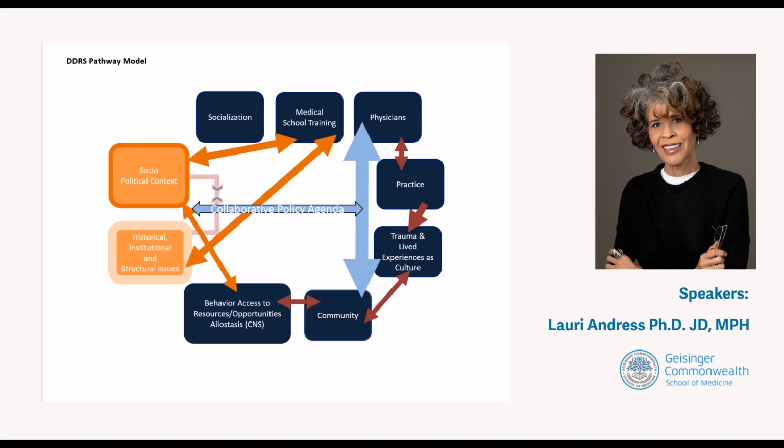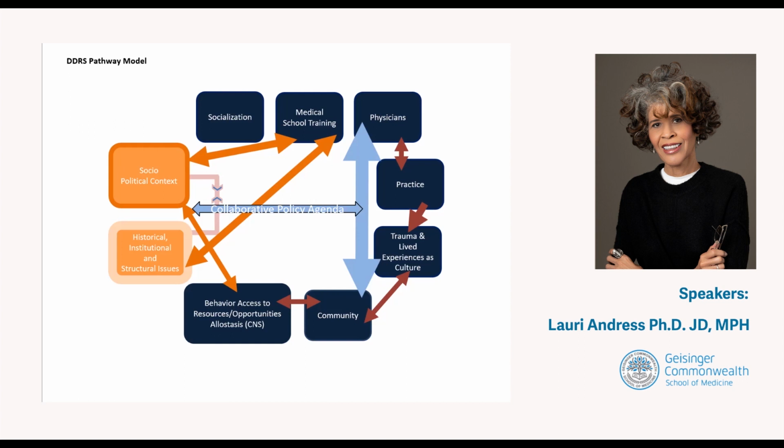Now, the orange boxes are also integrated along the bottom of the model, where we add these factors into how you understand illness and marginalized populations. You can see how behavior is shaped by these orange box factors. And then instead of viewing trauma from historical issues and discrimination and systems of poverty, we hope that you will not equate them with culture as we move forward through the pilot.